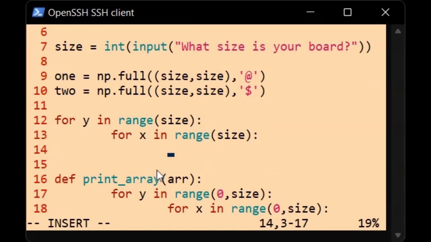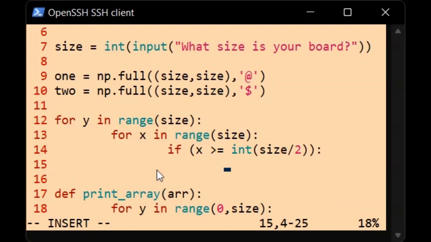Let's loop through every element. If the x and y coordinates of the element are greater than a particular value, let's update them. What line 14 is doing is it's saying, well, if x, that is the x-coordinate in our loop, is greater than size over 2, then we want to do the following. We want to update the one array, or one matrix,